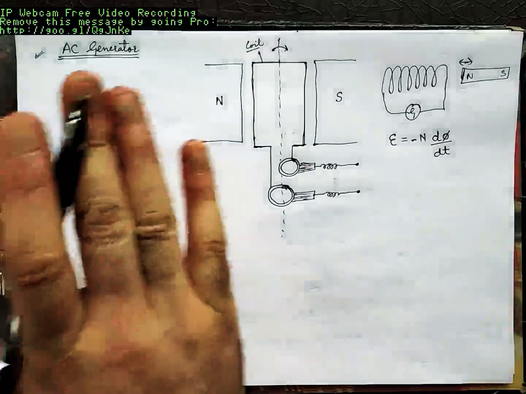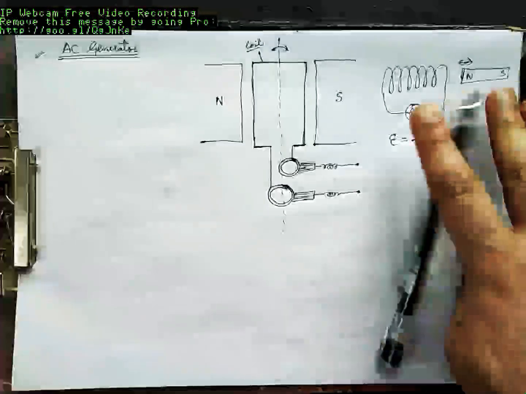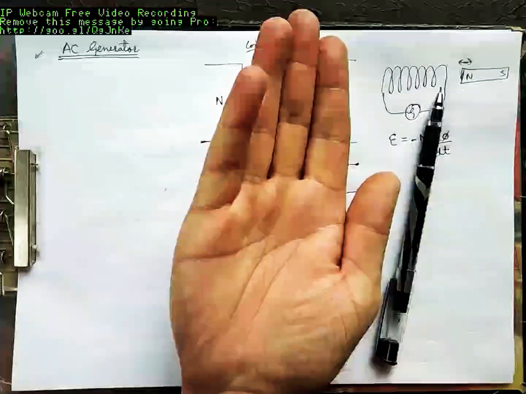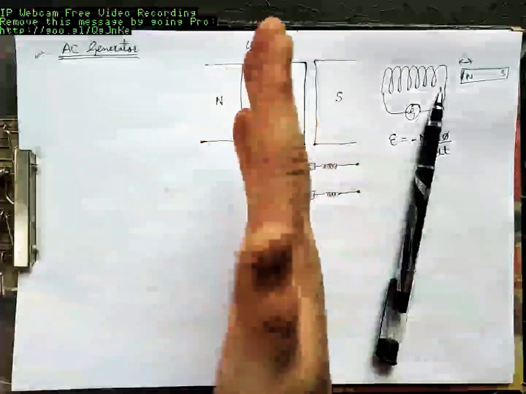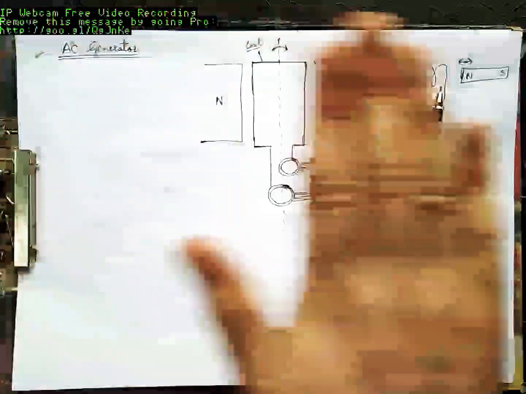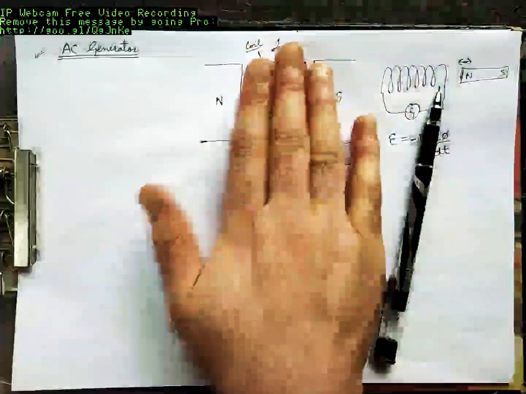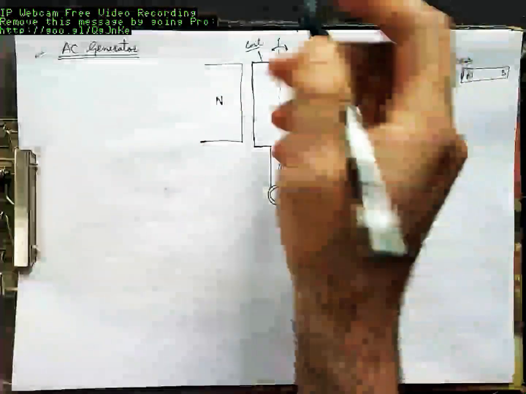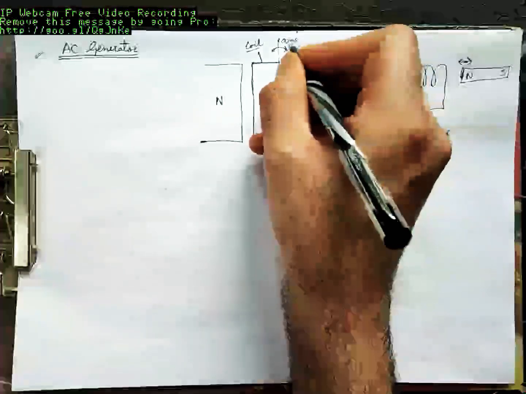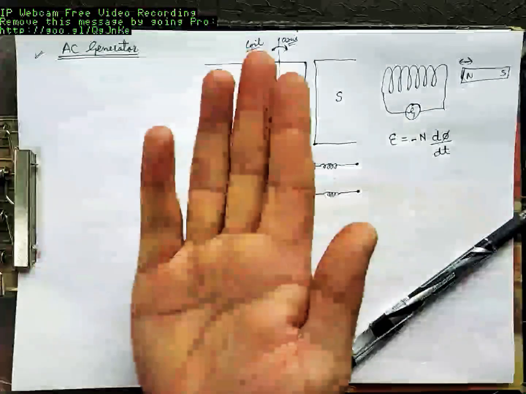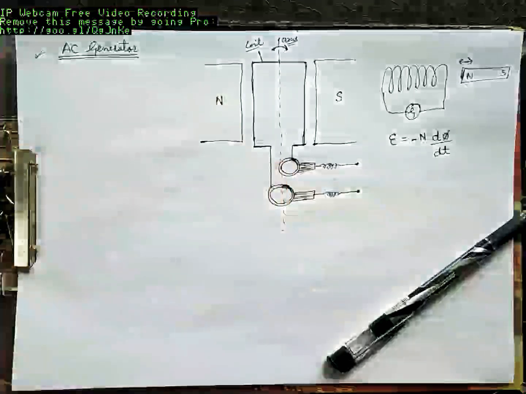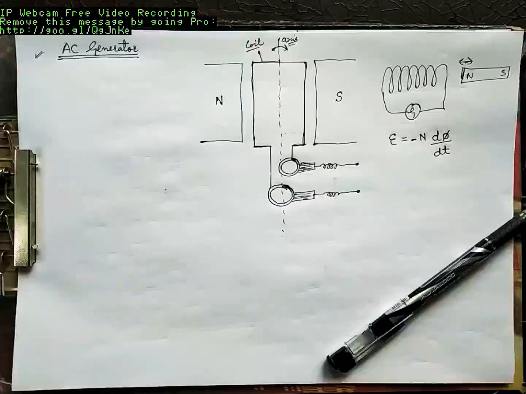You can understand this like this. You have a north pole on this side, a south pole on this side, and a coil here in between. You can rotate this coil here or here in any direction. This coil is inside the magnetic field. This is the coil that I represented here. And this is the axis. Axis means this is the center through which you can rotate the coil either in this direction or in this direction, clockwise or anti-clockwise. In its crude form, we'll try to explain it as simply as possible.